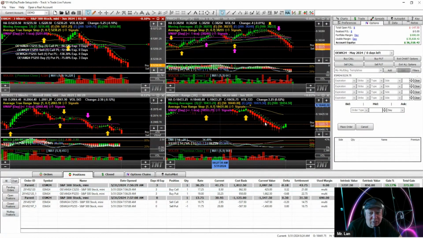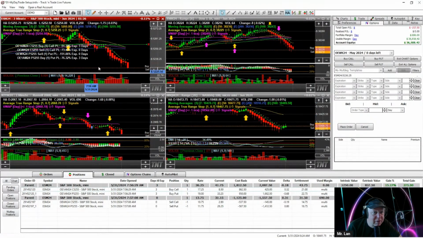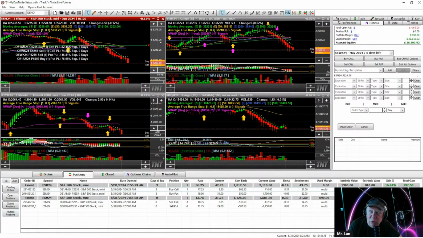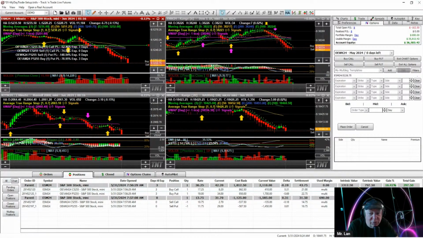Okay, the NASDAQ's starting to turn and come back up. Maybe the S&P will turn and come back up here in a minute. Don't get nervous. Don't fiddle with it. Let it sit there for a little while and let it ruminate. Let's find out what's going to go. We can always roll later. We can roll this afternoon if we need to, or we can add another one on this afternoon if we need to. But we're not going to get all nervous and bent out of shape,